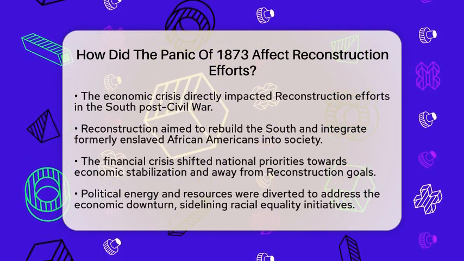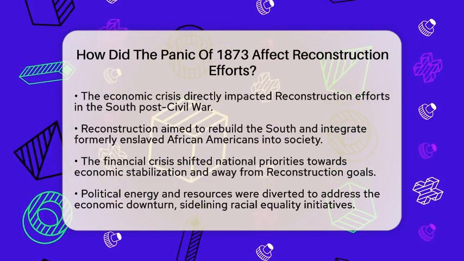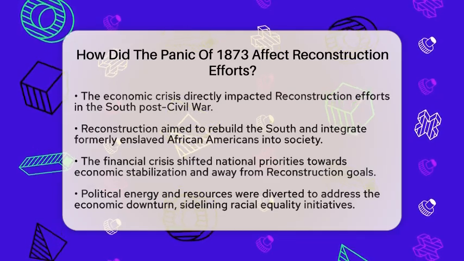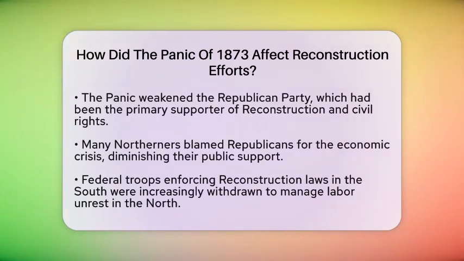a backseat. Second, the panic weakened the Republican Party, which had been the main advocate for Reconstruction and civil rights for freedmen. As the economy worsened, many Northerners blamed Republicans for the downturn. This loss of public and political support made it easier for Southern Democrats and white supremacist groups to regain control